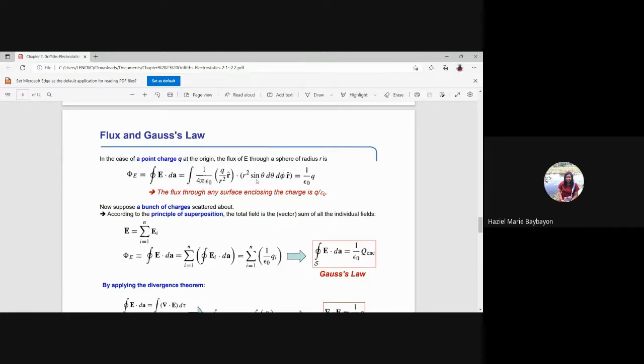Okay. And then we will evaluate sine theta d theta and also d phi. We know that the integral of d phi is equal to 2 pi, right? So we have 2 pi here. And then for sine theta d theta, integrating this, you will get